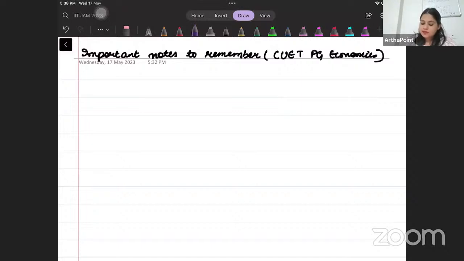So first of all, there will be multiple points बेटा. अलग-अलग fields हैं जैसे मैं बोल रही हूँ, but इनके ऊपर कैसे भी एक क्वेश्चन आ सकता है. So the first important thing that you should remember, please keep writing those down beta, is that average fixed cost is rectangular hyperbola.